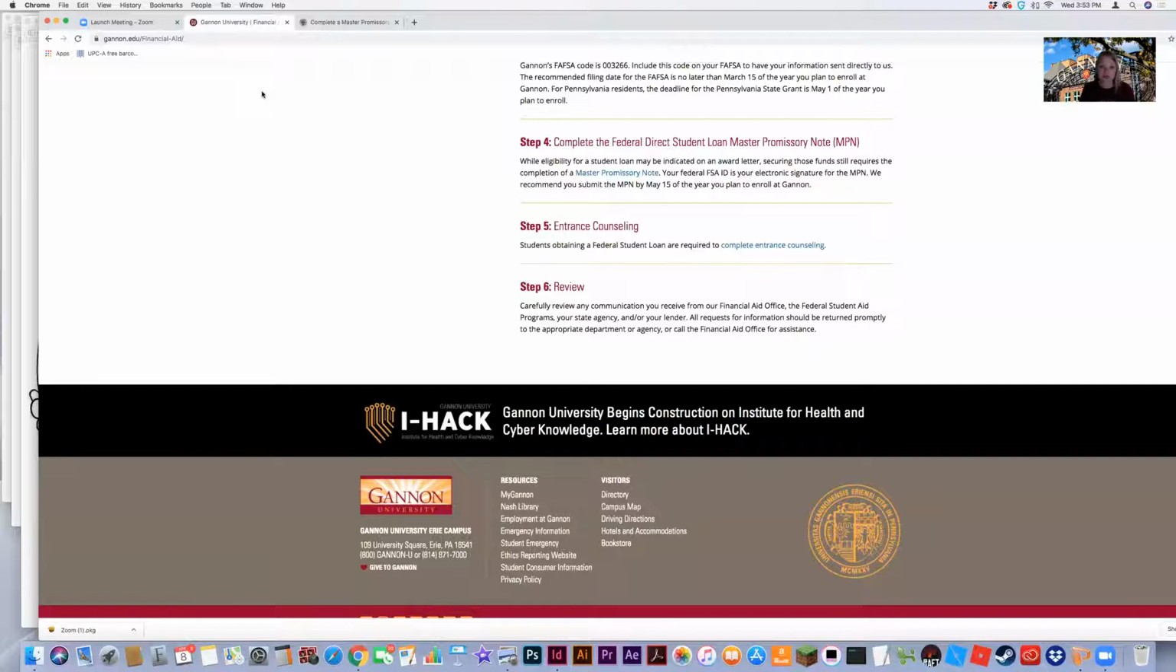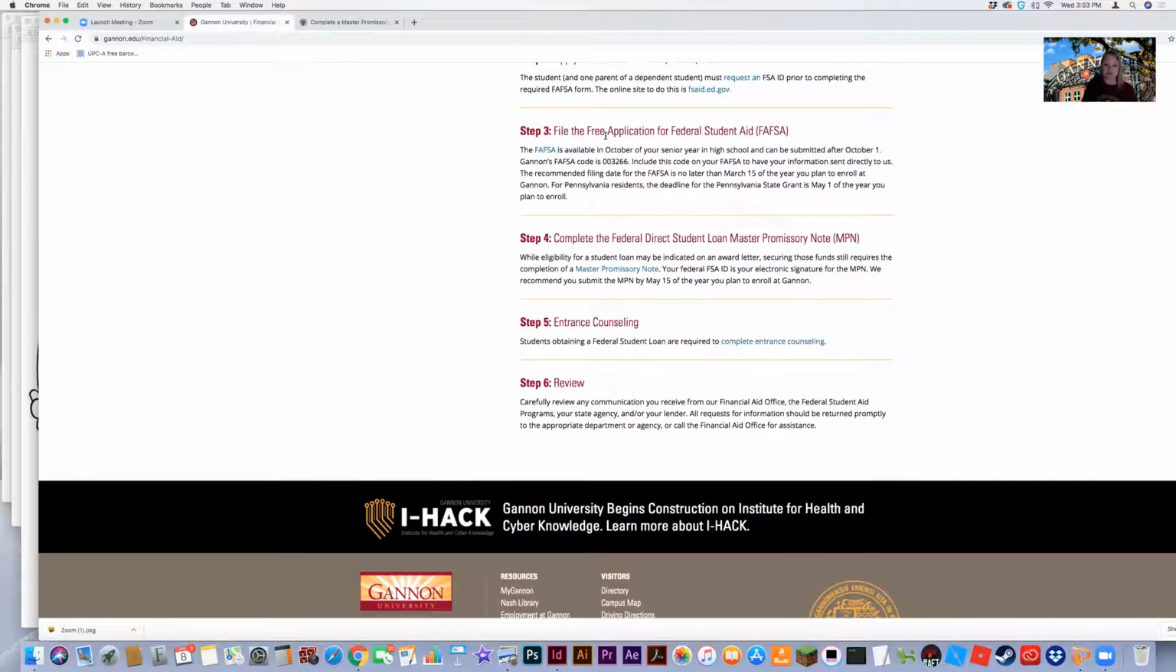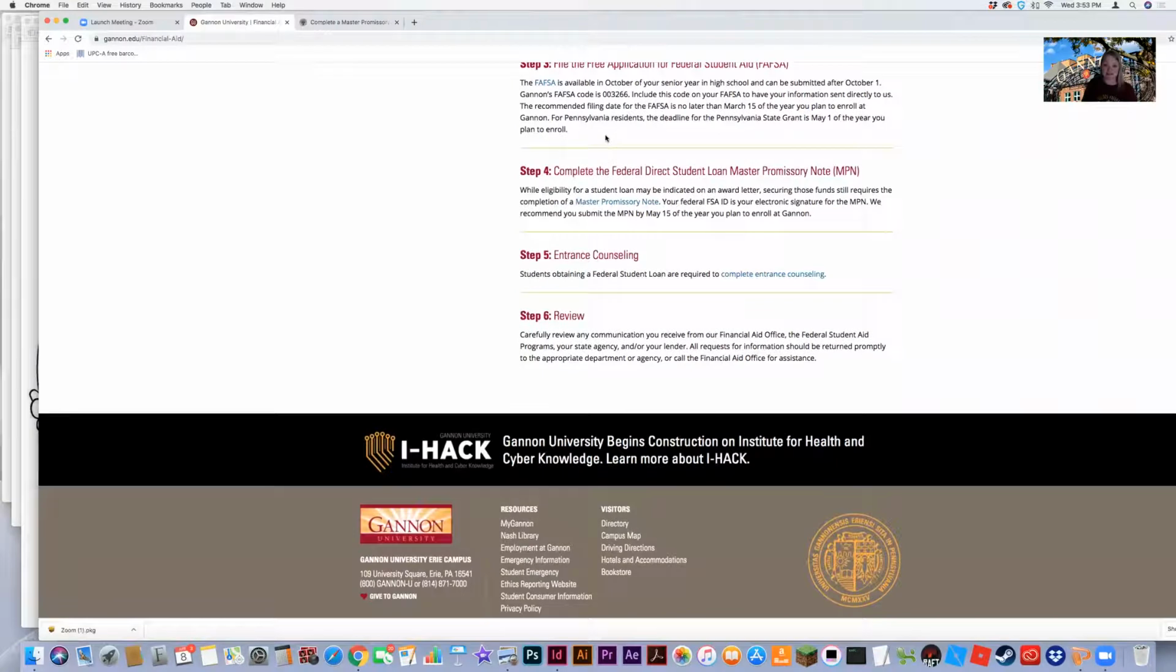If you were to go to gannon.edu/financialaid as seen here, you would see that most of you have already completed the first 3 steps of the financial aid process. The first thing we're going to talk about is step 4, completing the Federal Direct Student Loan Master Promissory Note,